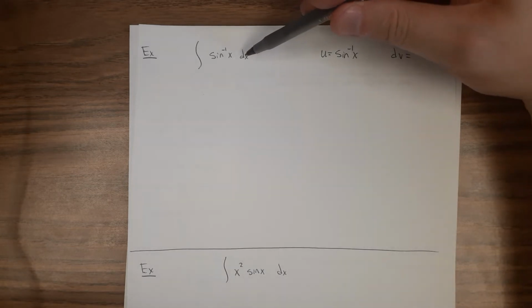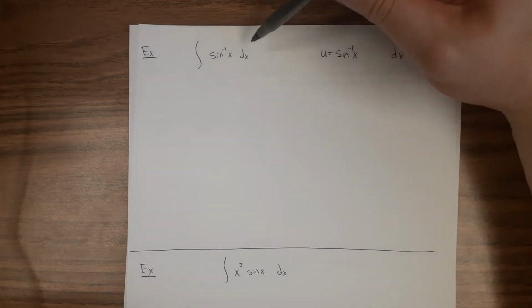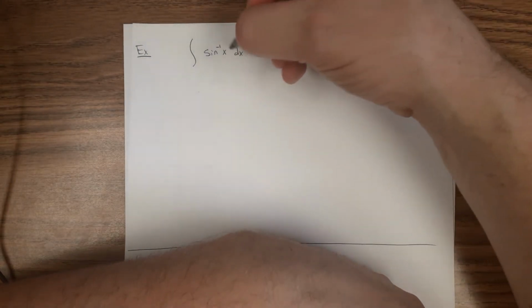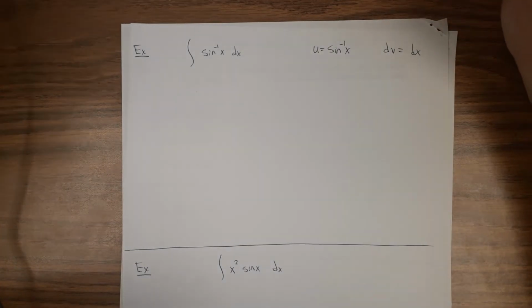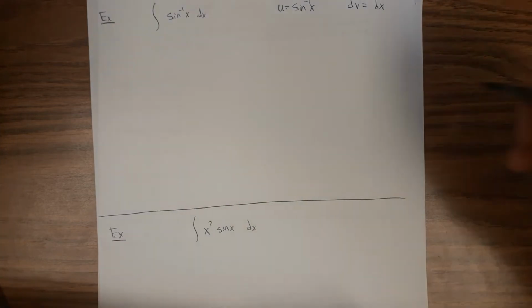dv is then just everything that wasn't part of u, and that includes the dx. So actually u had everything except the dx. So I'm just going to say dv is just dx, and that's okay. By the way,